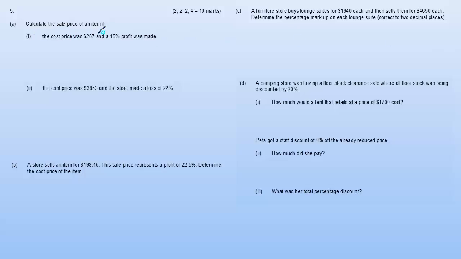Calculate the sale price of an item if the cost price was $267 and a 15% profit was made. So the cost price is always considered to be 100%, and we're making a 15% profit. So that's 115%. As a decimal, that's 1.15, and multiply that by the cost price,